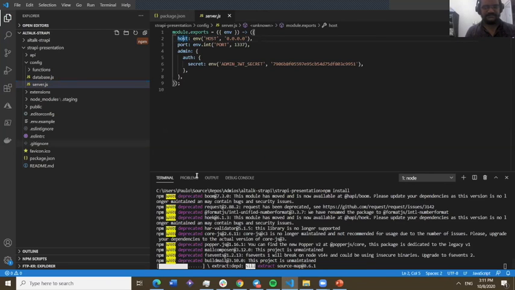Does Strapi have some sort of TypeScript support? Not yet. It is in development. They are also working on a Go version that is being developed for Strapi too, but TypeScript has been a requested feature, and it's still not in development. There are some guides out there for using Strapi with TypeScript, but